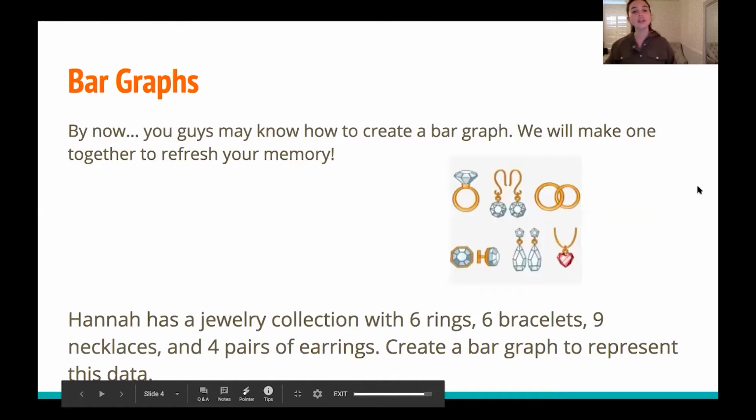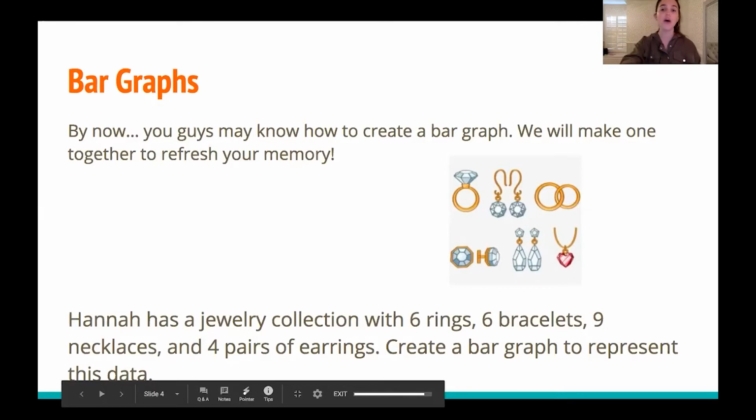Okay, so we are going to be talking about bar graphs. By now you guys might know how to make a bar graph, but we will make one together just to refresh your memory. Here's the information. It says, Hannah has a jewelry collection with 6 rings, 6 bracelets, 9 necklaces, and 4 pairs of earrings. Create a bar graph to represent this data. So we're basically taking all the different pieces of jewelry that Hannah has, and we're representing their amounts with bars